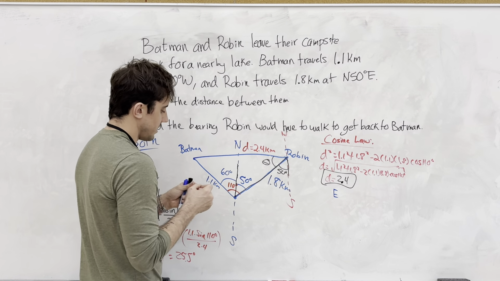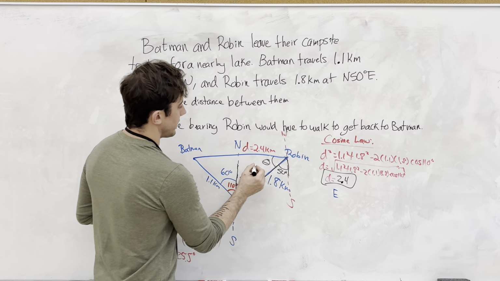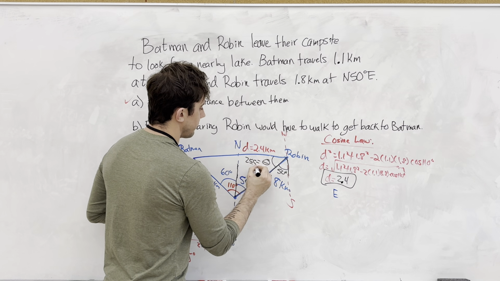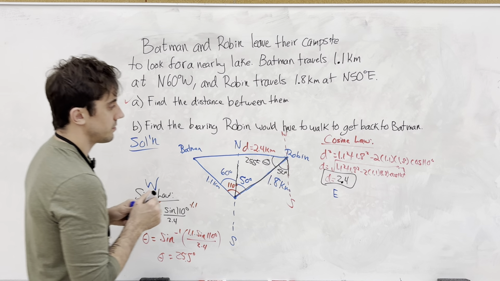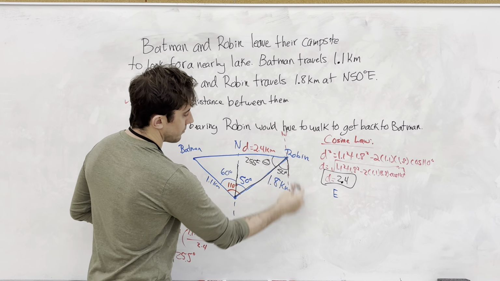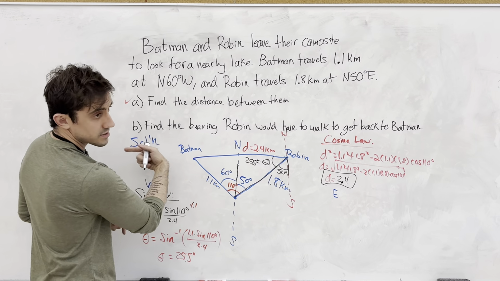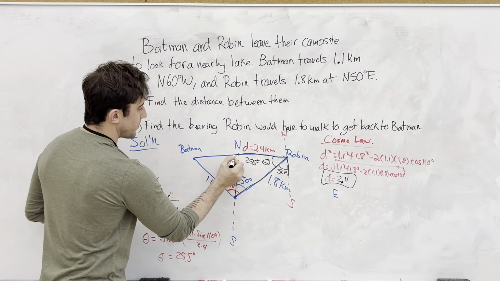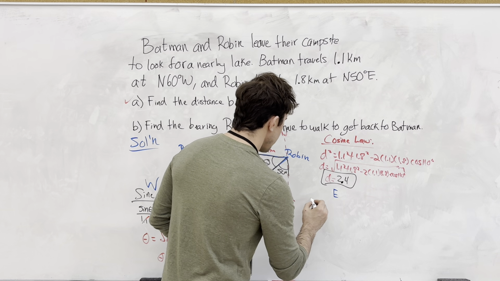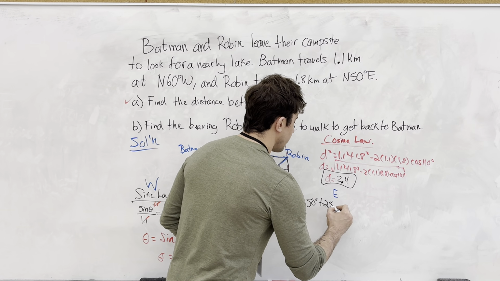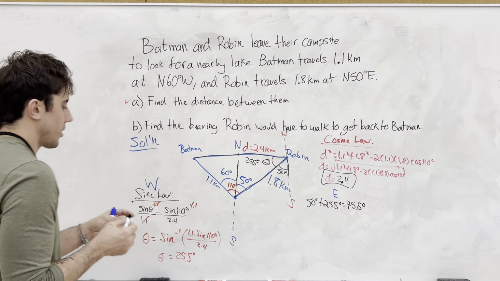And so that means that this angle inside the triangle, because we use the sine law inside the triangle, theta here is 25.5 degrees. And now it's probably clear that our bearing is going to be south, because she has to go down a little bit, and then 50 plus 25.5 degrees west to get along this path to rejoin Batman at his location. And so 50 degrees plus 25.5 degrees makes 75.5 degrees. And so for part B,